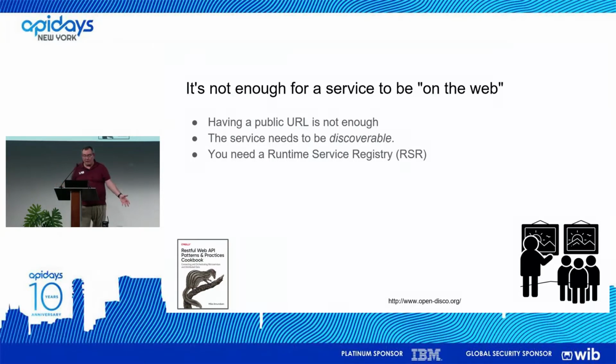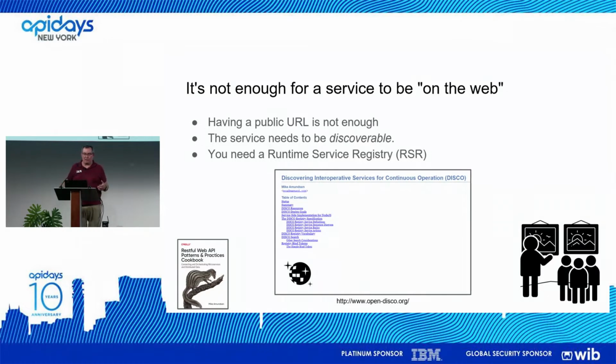So having a public URL is not enough. I have to actually discover the URL. I have to look up somewhere, like a kind of DNS. So what I use in my projects is a runtime service registry. It actually looks kind of like DNS. What I'm doing is I'm replacing a URL with a form. What I'm doing is replacing a fixed address with a variable. And that means that I can start to take advantage of things. I actually have a protocol service that I've been using internally called Disco, which not only reflects my agedness, but also reflects the idea of discoverability and interoperability.